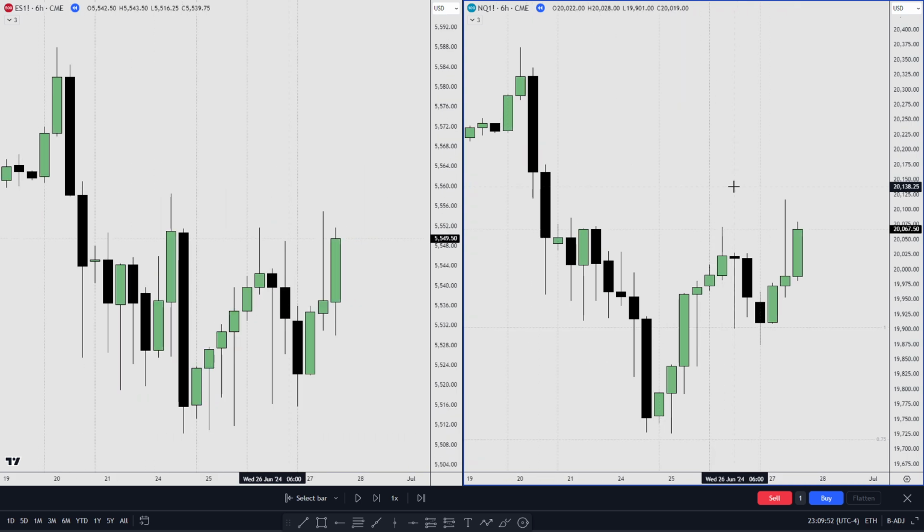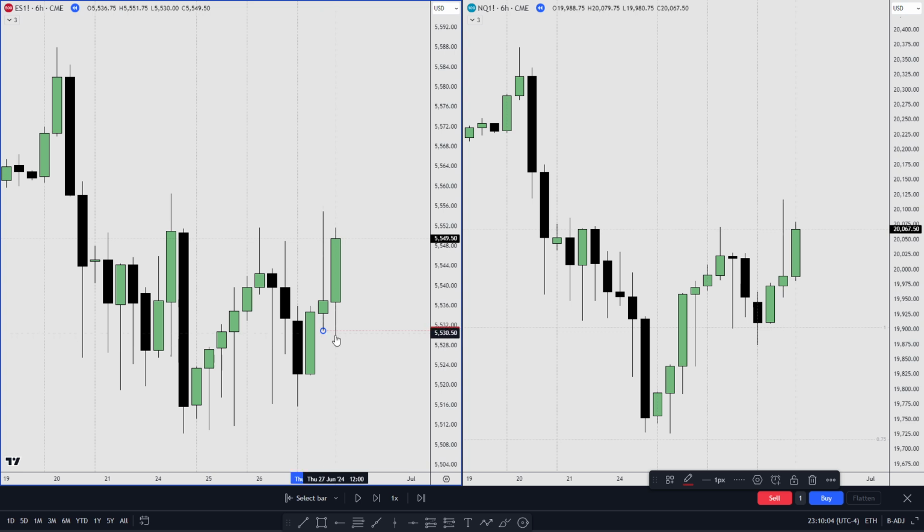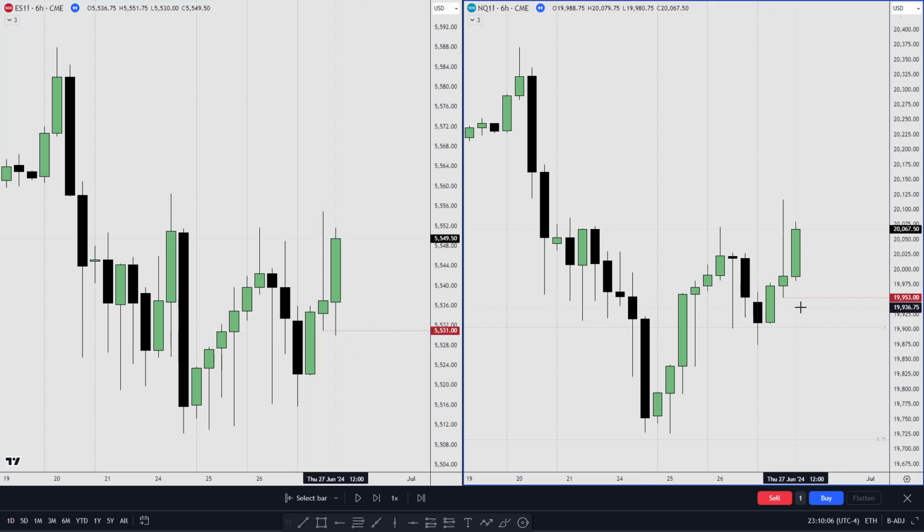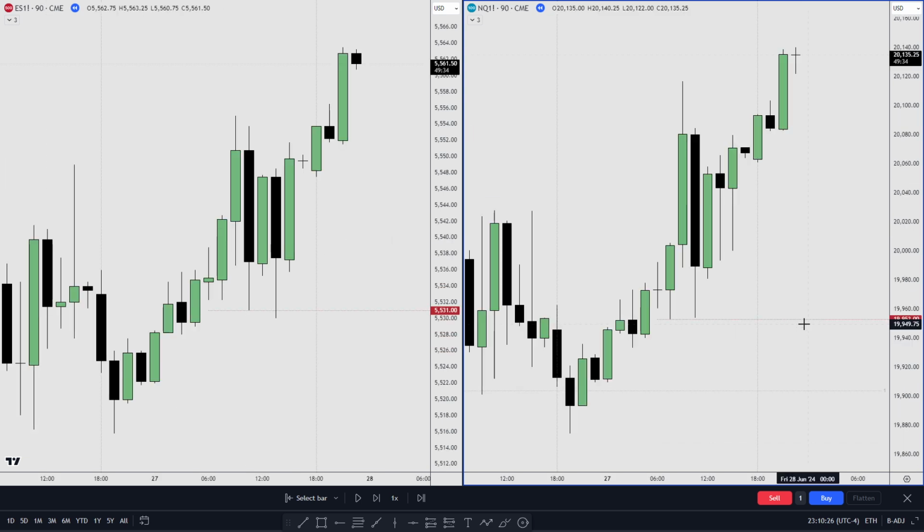Alright, so for the PM session, it's much cleaner, I would say. Right, so because I was looking for longs, right here we have SMT with the previous session, okay? And this SMT is also between Q3 and Q4 because the PM session is Q4 of the entire daily candle. Alright, taking out Q3's low for ES but failing to do so on NQ, heading lower into the 90 minutes